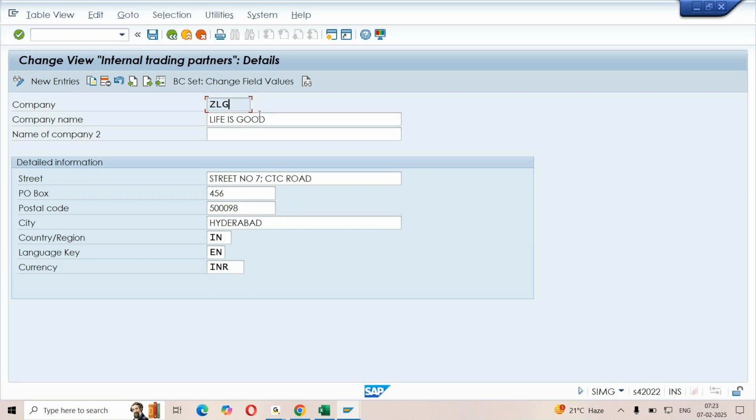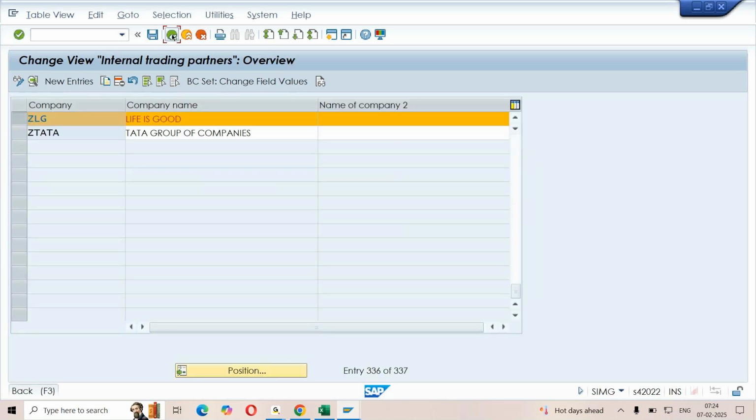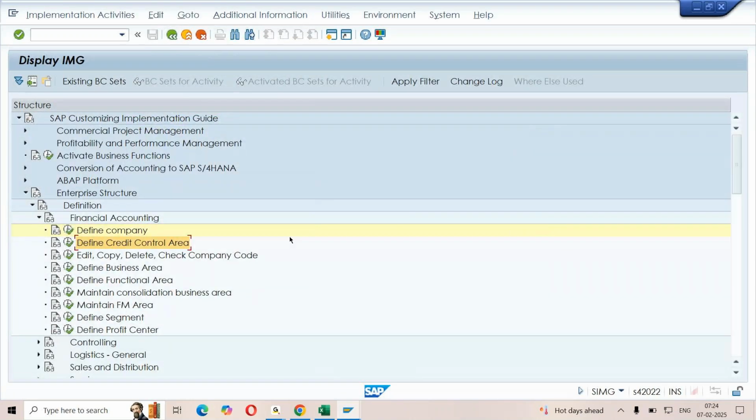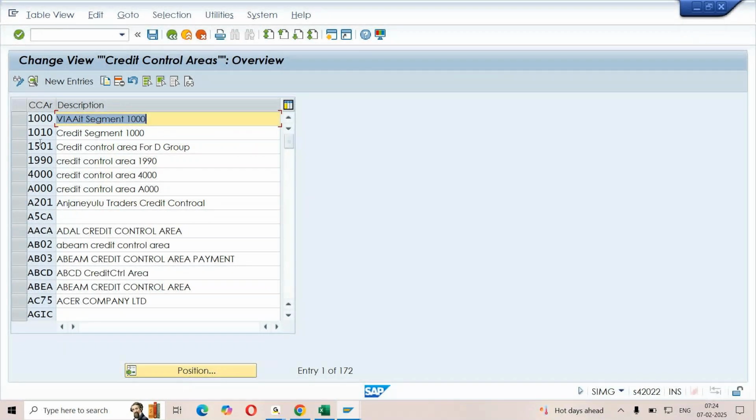Yeah, before you touch the system, you need to get all the approvals, because you know what is going to be the first step, second step, third step, fourth step. So accordingly, you need to get the approvals and keep on adding the activities done on the system. Okay. Now, once you're done with this, come back and work on the second step, credit control area. As I mentioned, this will handle the entire credit management. And when you click on define credit control area, we have this particular screen. And you can see the length of credit control area is how many?